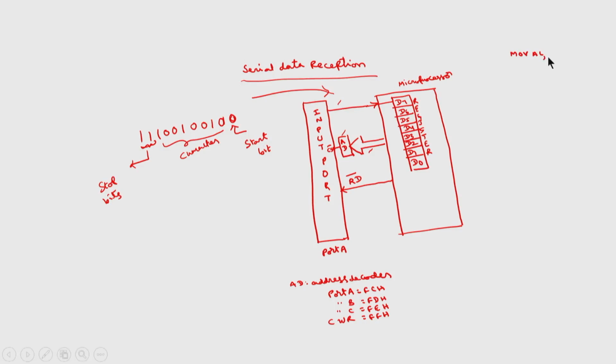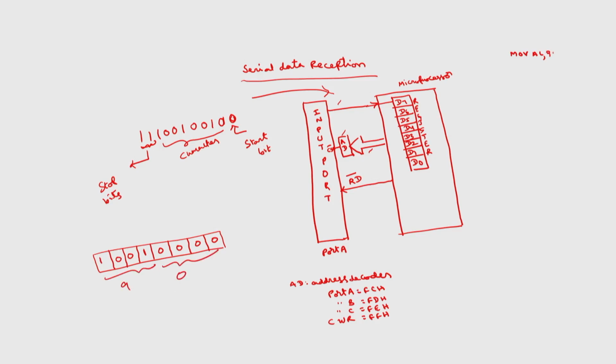Port A, in order to program port A as input port, what is the control register? This is port C lower, we are not using, so we can take it as output port. This is port B, we are not using, I will take it as output port. This is mode selection for port B, I will take mode 0. This is port C upper, we are not using, I will take it as output port. This is port A, to program it as input port, 1. Next, mode selection for port A, I want to operate in mode 0 only, 0 0, and this is for I/O mode 1. So, this will be 90H.